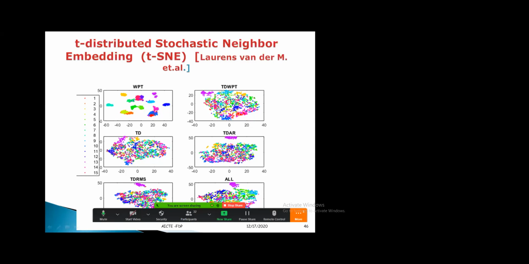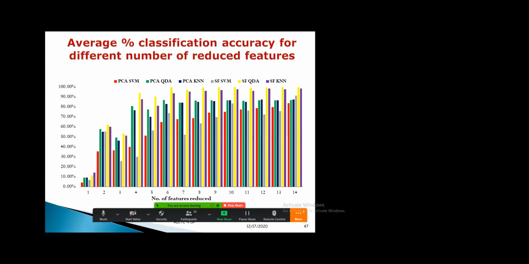A lot of the feature vectors are overlapping, and it's really difficult to visualize them. PCA does a similar thing, but we are not able to visualize very well with PCA. Compared to that, this distribution, t-distributed stochastic neighbor embedding, which is also an inbuilt function in MATLAB, showed us very clearly why WPT was working best for us. And along with sparse filtering, it reduced the computation time a lot.